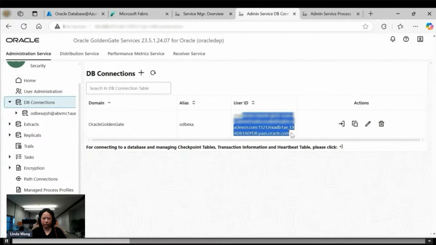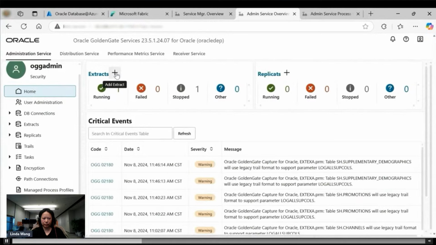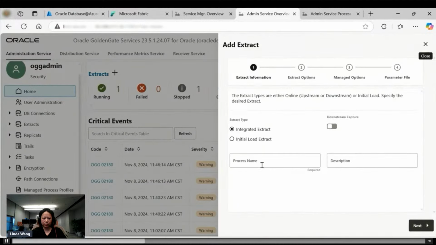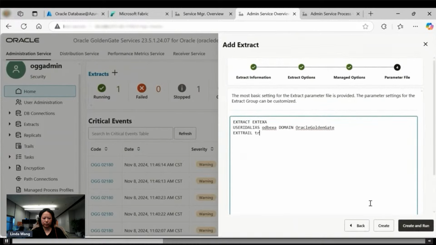Moving to Oracle GoldenGate, we will connect using the same DNS and map it to an alias for using it in the next steps. We set up an extract process to capture change data happening on the source Oracle database. We need to have a name and description for the process, define the parameters, select the domain, use the alias corresponding to the source, and specify what the file name pattern is. For the purpose of reporting, analytics, and insights, we will configure it to extract all tables from the Oracle sales history schema.